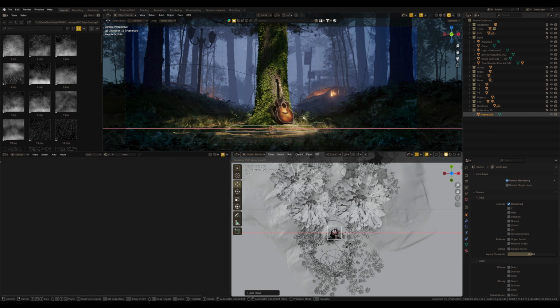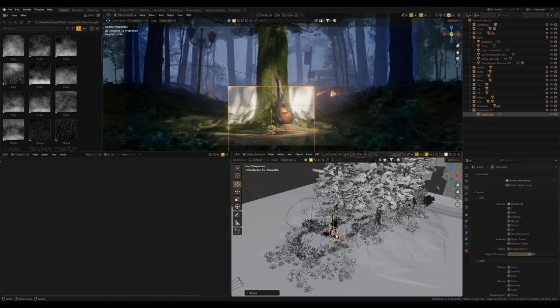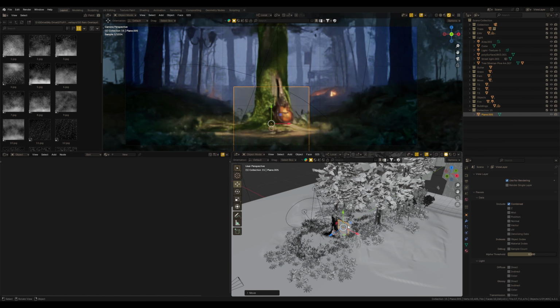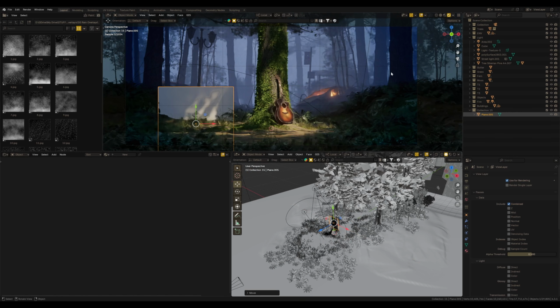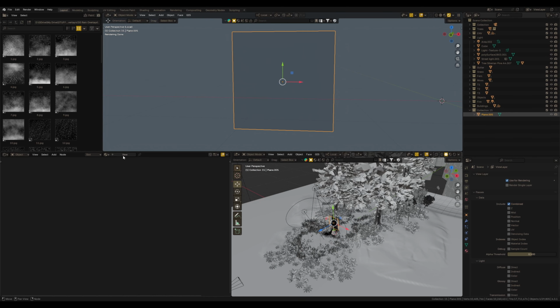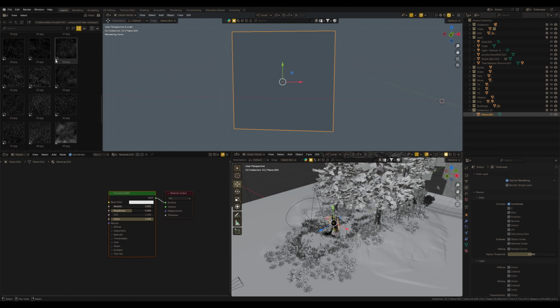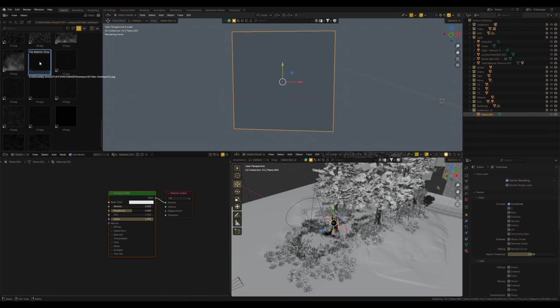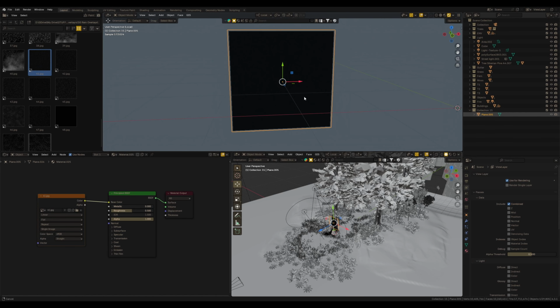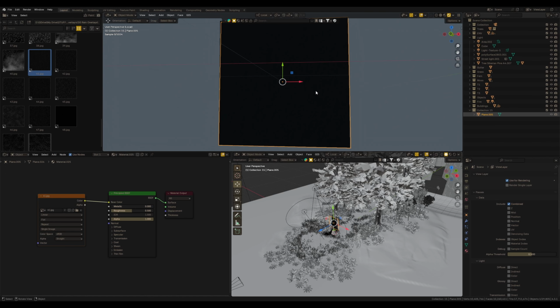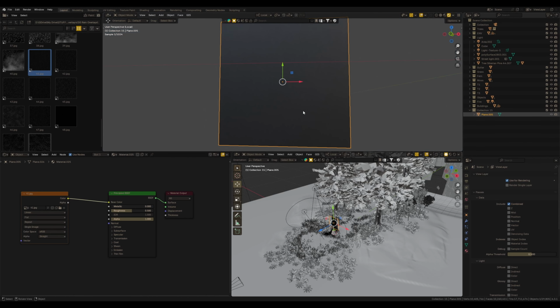So I will use the same approach we used for the fire, which I call 3D mod painting, because that's essentially what it is. I add a new plane to the scene and create a new material. I have a pack of overlay images with rain and I'll pick one, maybe this one. I connect it to the base color, but it's not very visible at first. There, now you can see the raindrops, but it's not quite what I wanted.